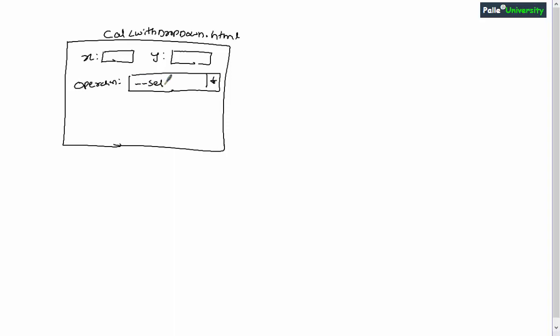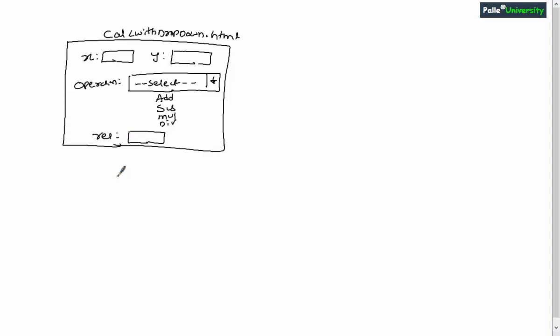Inside this drop-down list you have to include some operation names like add, subtract, multiply and then divide. And immediately after this I want a result text box.